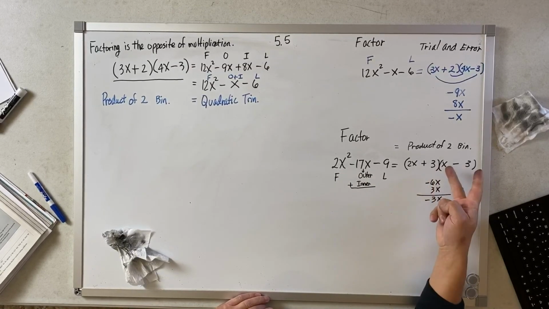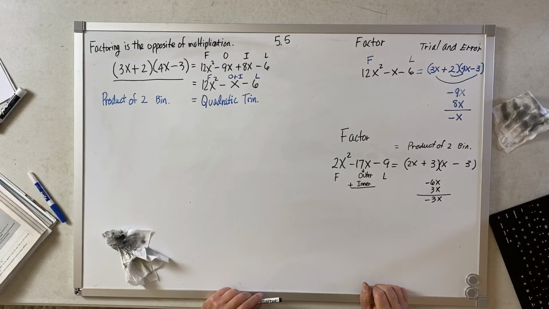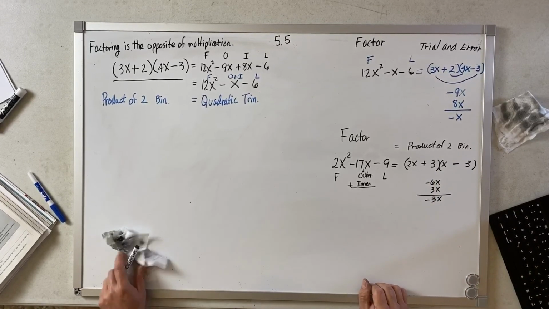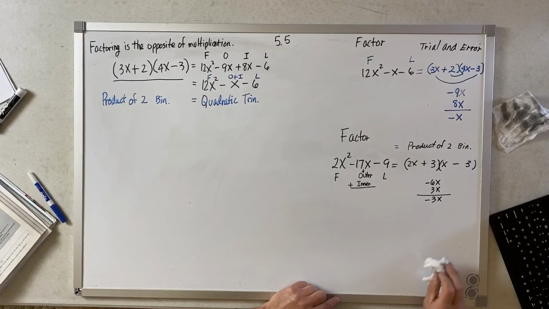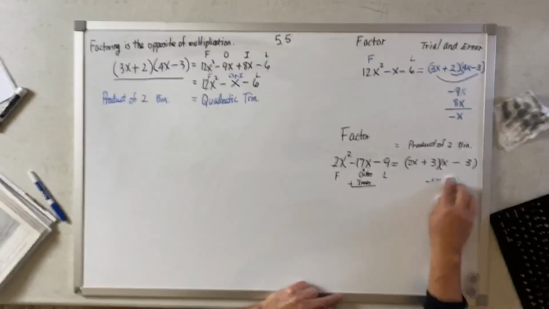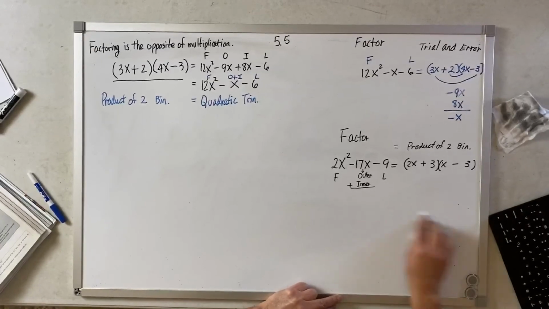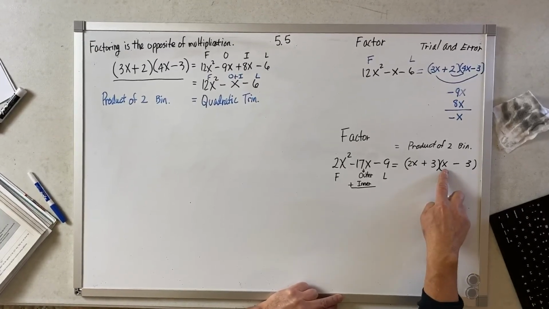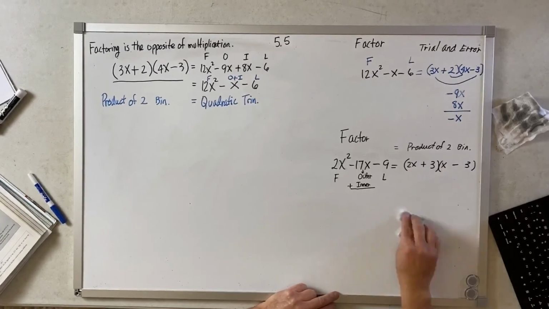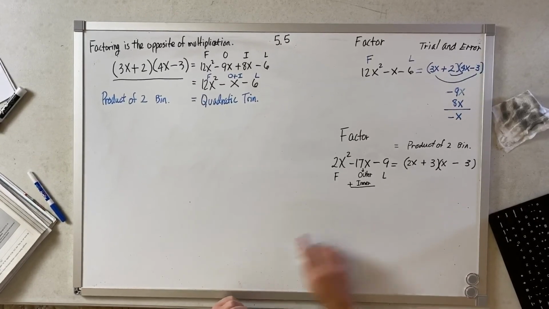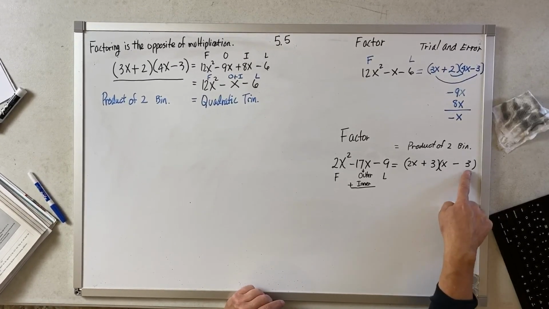If we switch those two, it's going to be the same thing. So therefore, we better try different numbers. So this 2x and x, that's the only choice. But I'm going to try for 3 and 3, I'm going to try